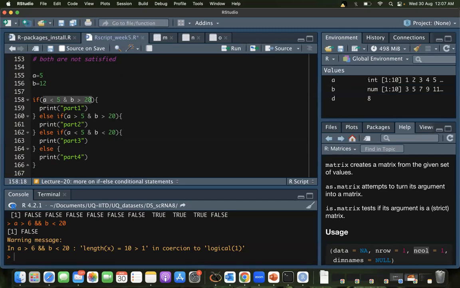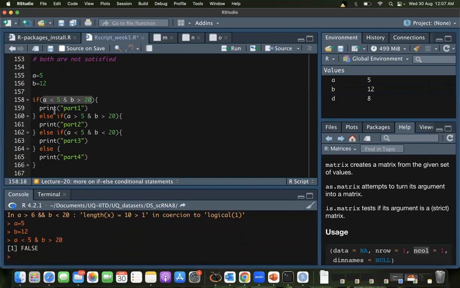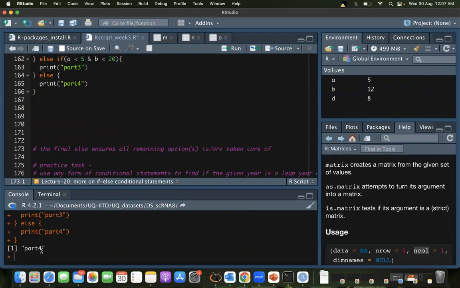Because this is not satisfied. If I run this one, it's going to give me false, right? If I run this one, this is also giving me false. If I run this one, this is also giving me false. Therefore, it's going to go into the fourth part. So if I run the whole thing, I put my cursor here, I'll run this. It gives me part 4 as the answer.